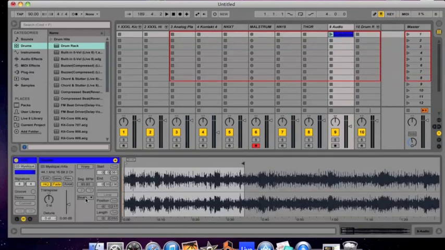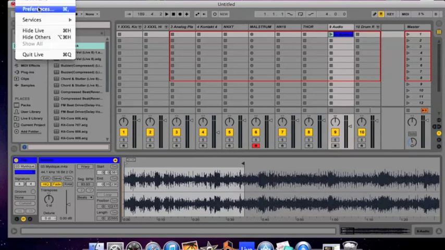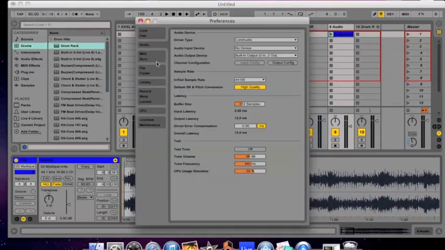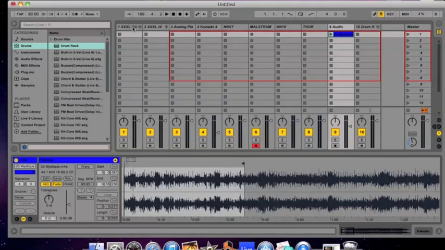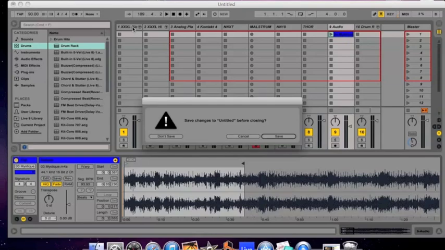Now you still have your settings the way you mapped everything. You go to Live, Preferences, and where it says File Folder, it'll say Save Current Set as Default. And then you hit Save. What that's going to do is, when you close out Live,